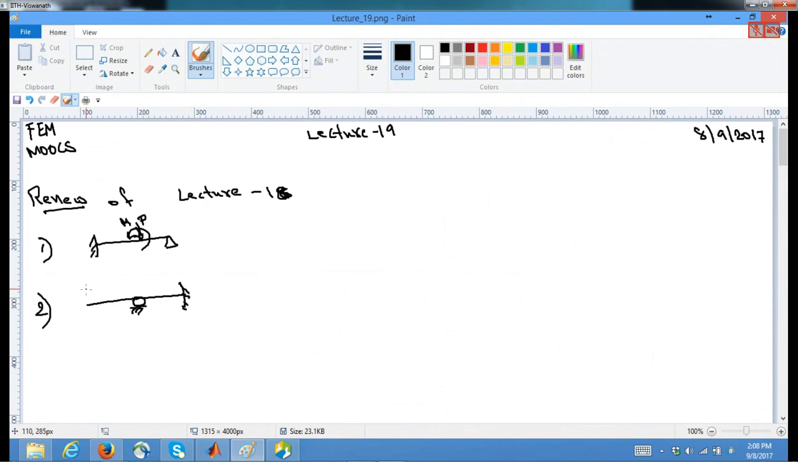a fixed end here, and a point load at this place. For solving these two problems, we discretized each member into two elements, element 1 and element 2. Even in this case, element 1 and element 2, and then we applied our load and moment at this place,